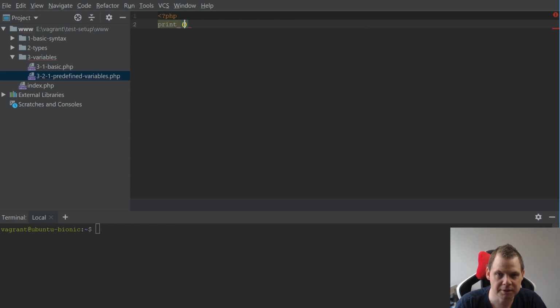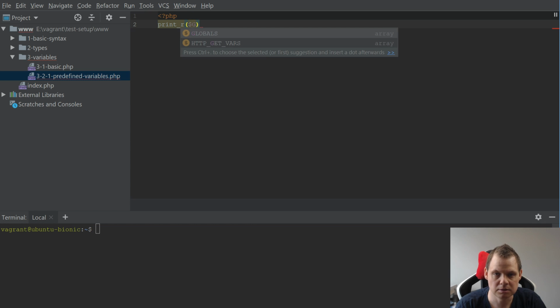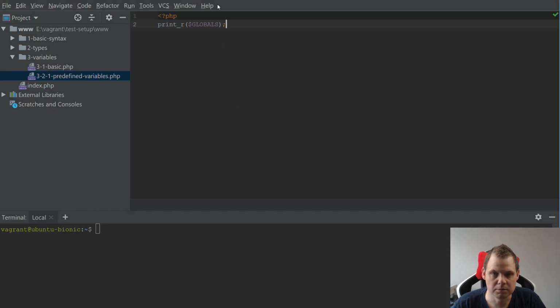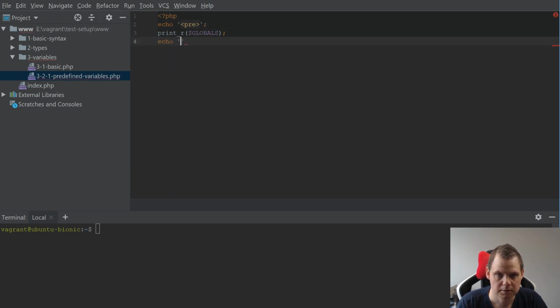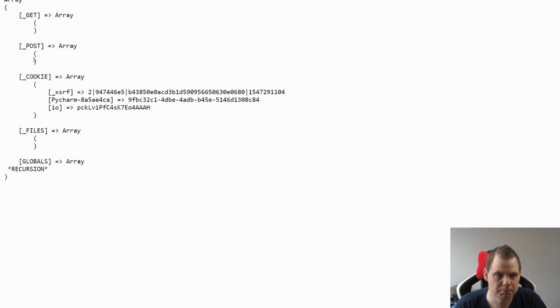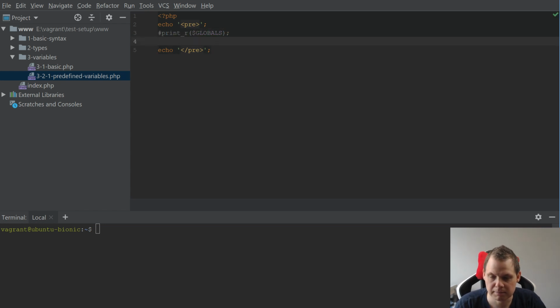We can just say print_r. It means we dump everything about it. So we can say globals, and we can just save it and go to the browser so you can see what happens here. And I will make it a little bit readable. You can see you have get, post, cookies, and files. This is globals. Everything we have is a superglobal. If we comment this out and make the next one,